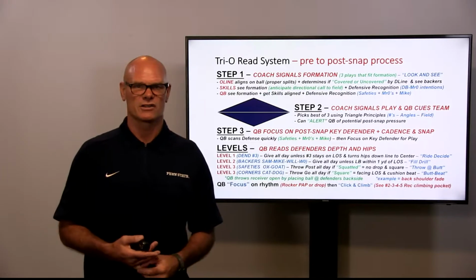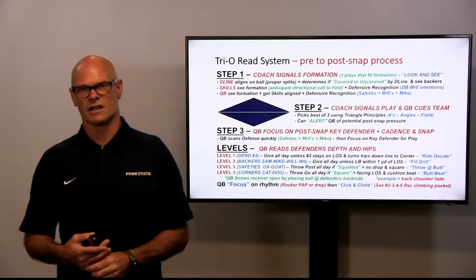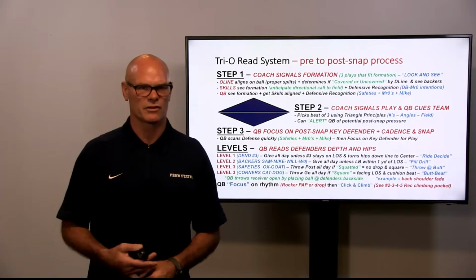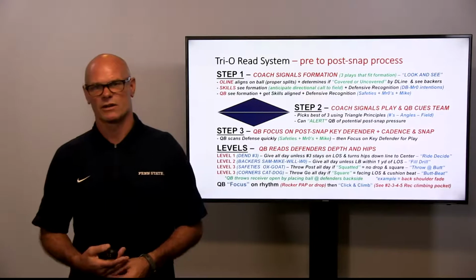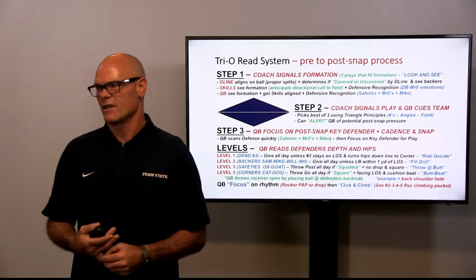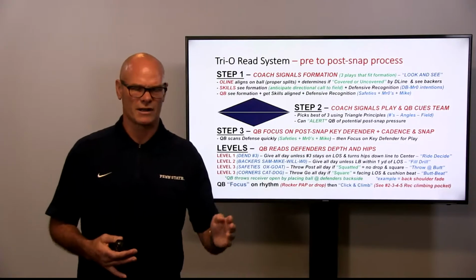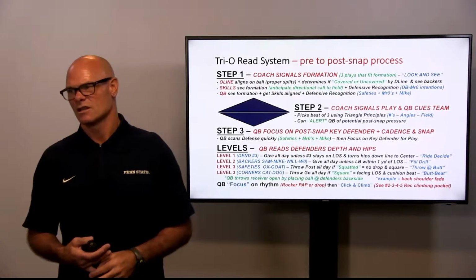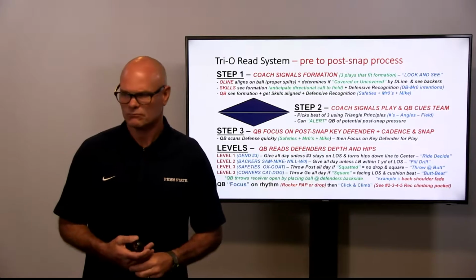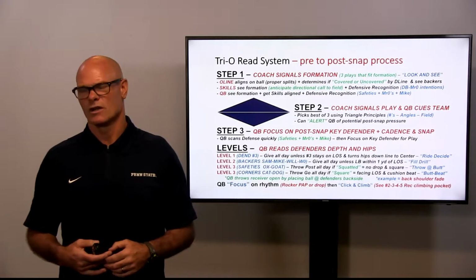Their defensive recognition then is, once they get aligned, which we do with landmarks versus yardage splits, it helps them just go right to their landmarks. Then they go ahead and identify their near DB and that Mr. Zero or hanging linebacker and look at their intentions. Last then, the quarterback is going to see the formation, but then they're going to go help get the skill